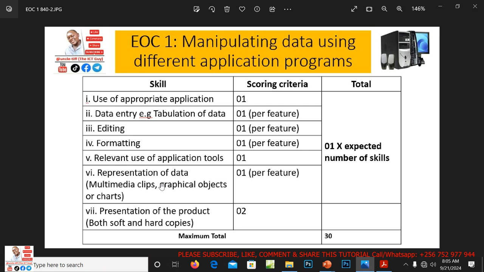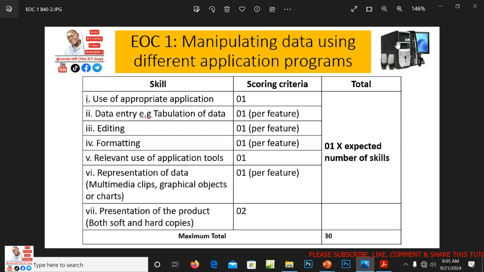Also presenting your data on different graphical objects, like graphs and pie charts, and lastly obtaining a soft copy and then a hard copy of your work. Basically, this is what a learner should keep at the back of his mind when approaching such an item.